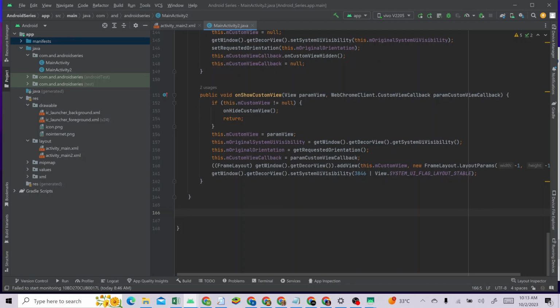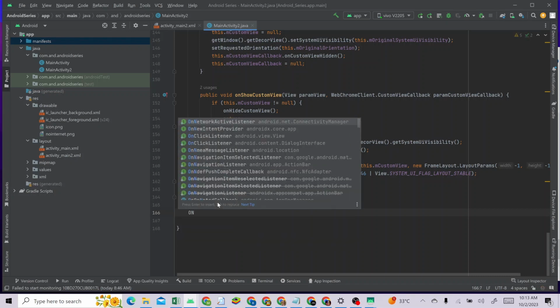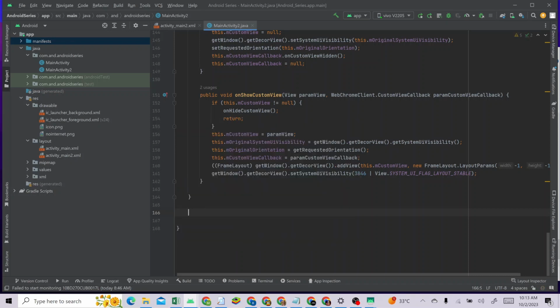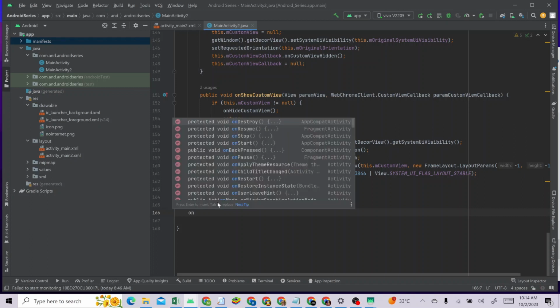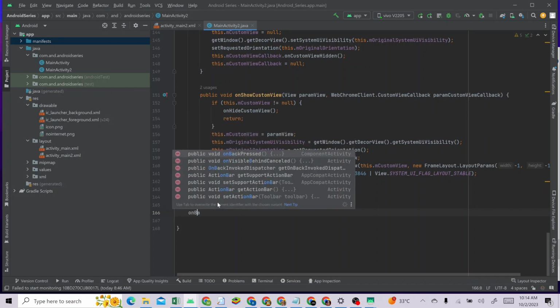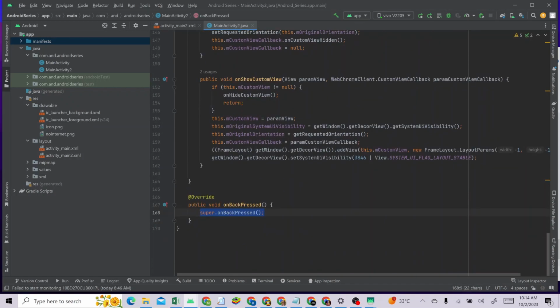Let's implement it. Let's say onBackPressed, not capital, onBackPressed. Let's remove this super.onBackPressed, remove it, and we say